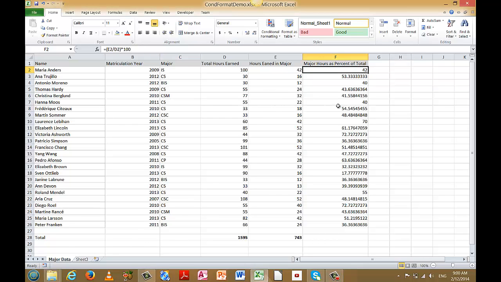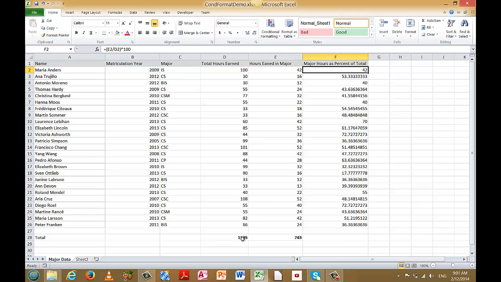I just divide the hours that are earned in the major by the total number of hours and multiply through by 100. It gives me a percentage. So 24 is 36% of the total 66 hours earned, is what I'm saying, if we look at that very last row down here. All right, so I have put in a formula over here to calculate a percentage,